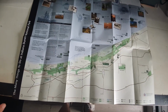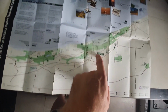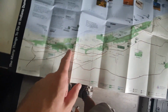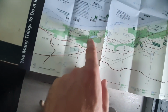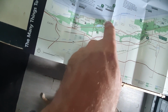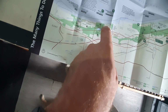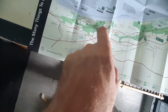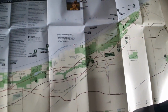So here's the map of the dunes, and your visitor center is going to be over here. I'm actually way over here on the western dunes. There's one or two over here, so I'm right back up here. And then there's a nice dune succession trail which overlooks some cliff. It's fairly short. It's only not even quite half a mile. There's a bigger one here. I'm probably just going to do this short one